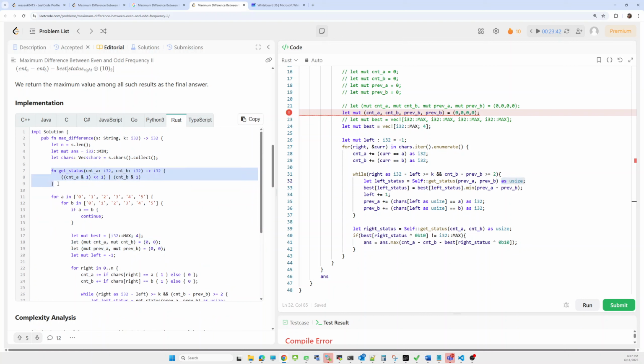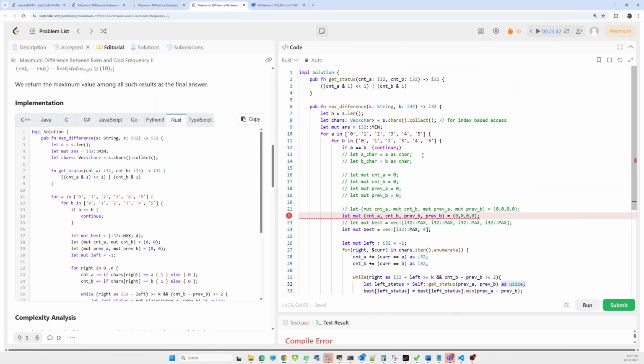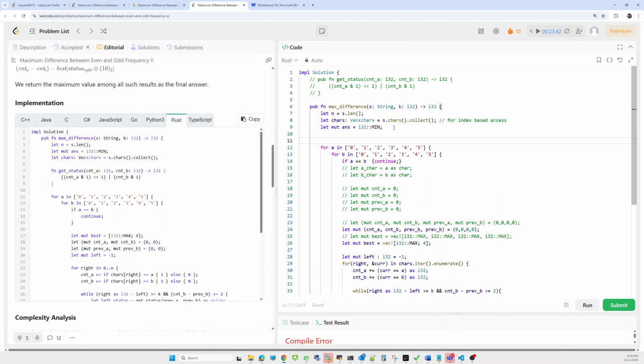In his implementation, I am seeing how he is using a lambda expression. In our C++ implementation, I am using this get status method as a lambda expression. So let's try to use this as a lambda. I'm not sure whether it actually works as a lambda expression or not. Let's try.